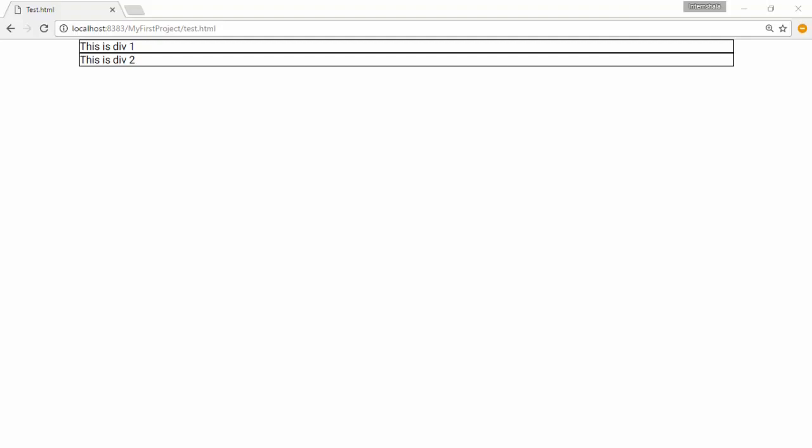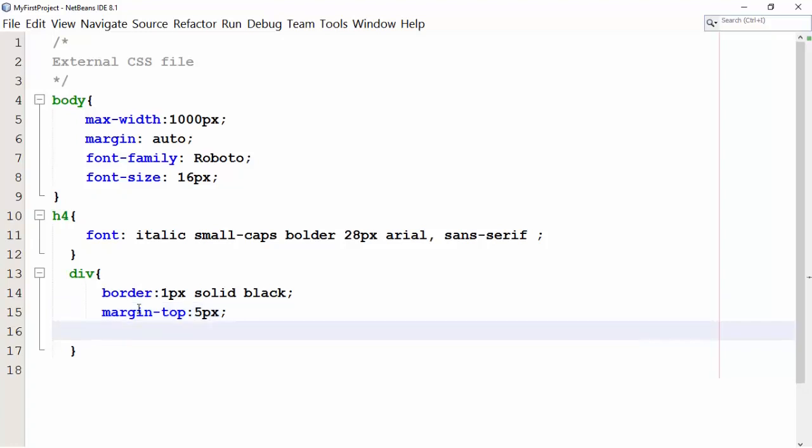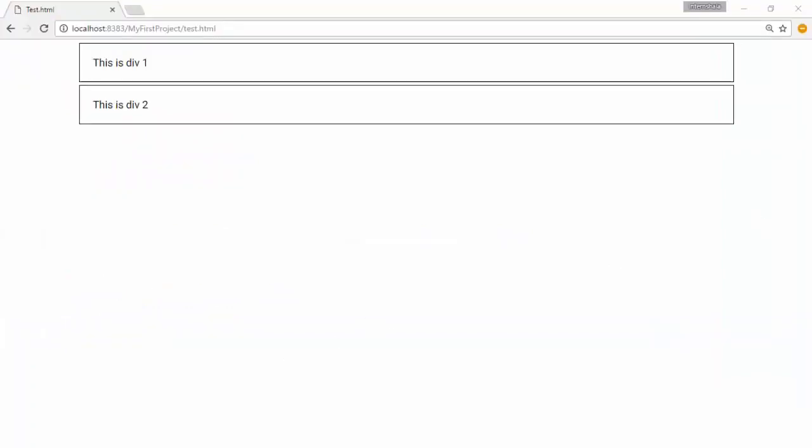Once again, we will go back to our CSS file and add margin to div selector. We have added margin top as 5 pixel. I will also put padding of 20 pixel. You would see that the two div sections that we have created are now separated by margin that we defined. Just the way we have added the margin, we could add other styling elements as well, such as padding, height, width, etc. In this lesson, we learned to create div.